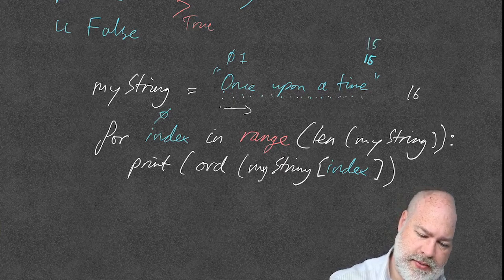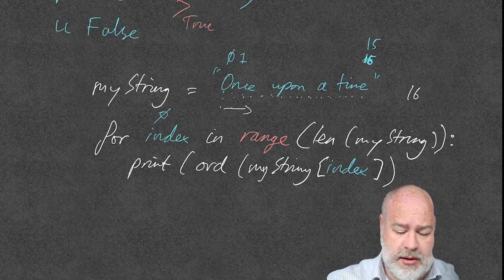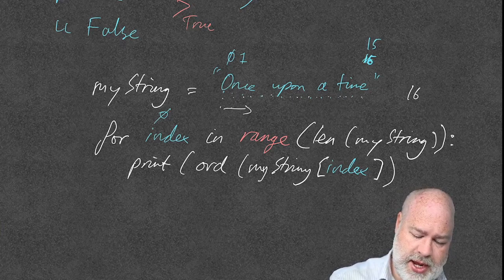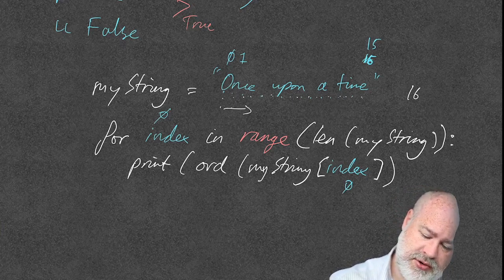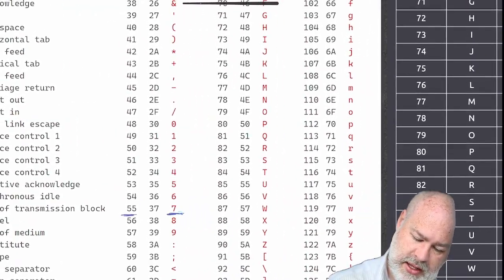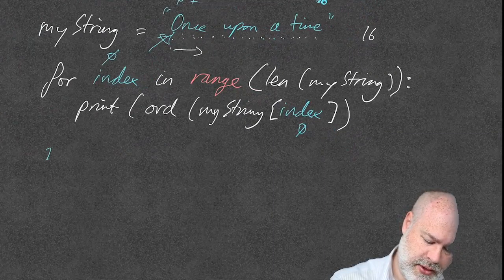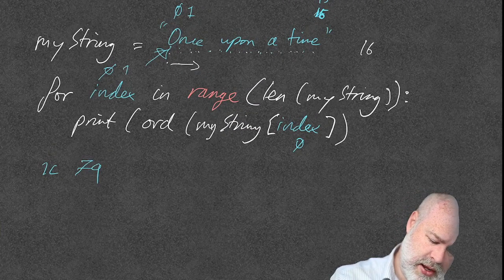Let me write that again. The length is 16, but we count from 0. So the for loop, the index value will be 0 when the loop first goes round. That means it will look at 0. My string index 0 will point to that big O, and it will look at big O. Where is it? And it's 79. So output on the screen would be 79, and then the index value would be then 1,